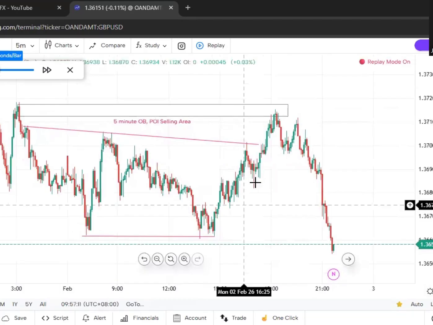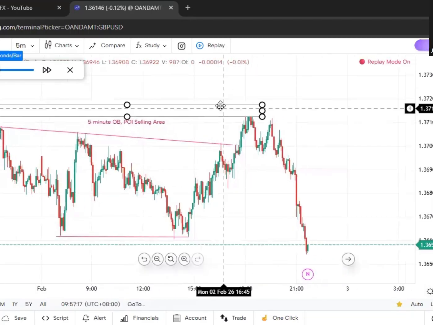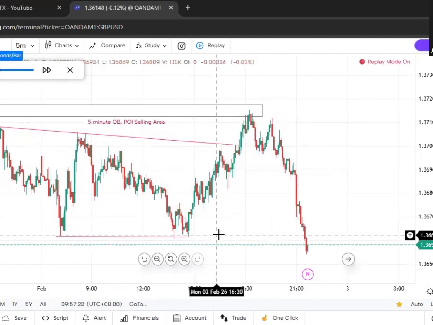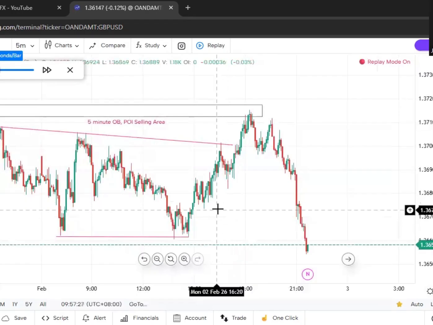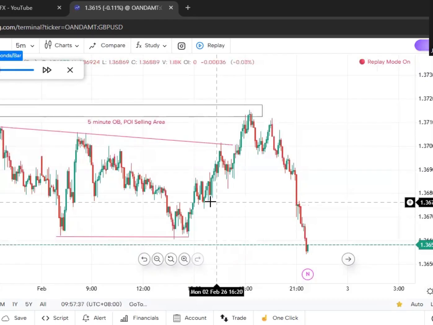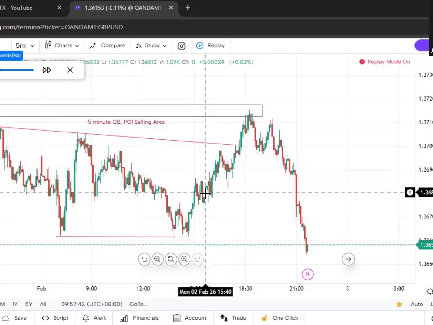Here's what you should take away from this trade. Always start with higher time frame bias, look for inefficiencies and imbalances, mark liquidity zones, let price come to your area, use limit orders when possible, focus on risk to reward, not pips, and most importantly, be patient. Patience is what separates amateurs from professionals. And that's it. One of the cleanest GBP/USD setups I took on the 5-minute time frame.